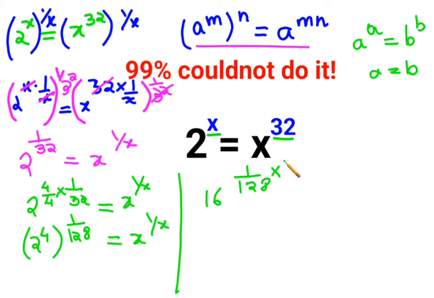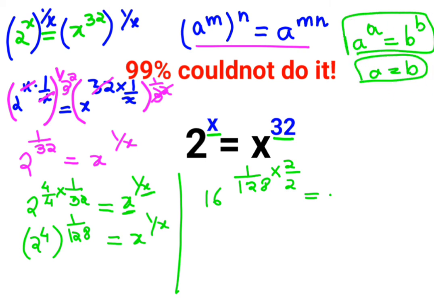So again multiply the index by what? 2 upon 2. My job is to make sure that the base and the index have the same number. The denominator should be the same as your base, because my job is to get them in this format. So again we'll keep this way: 16 squared, the whole raised to 1 upon 128 multiplied by 2, that gets you 256.